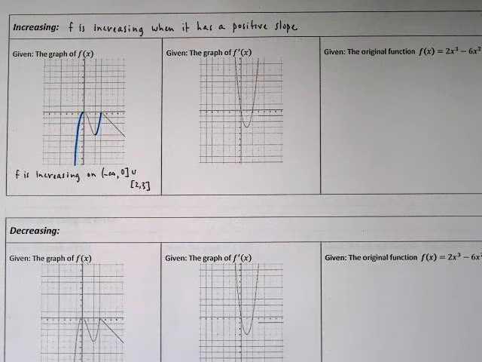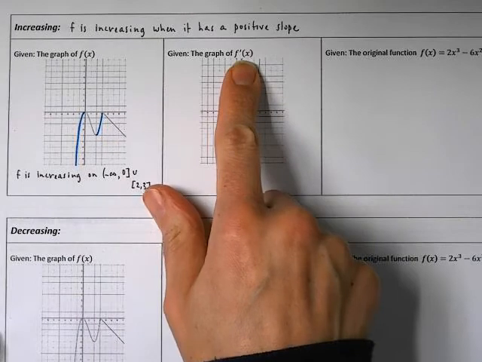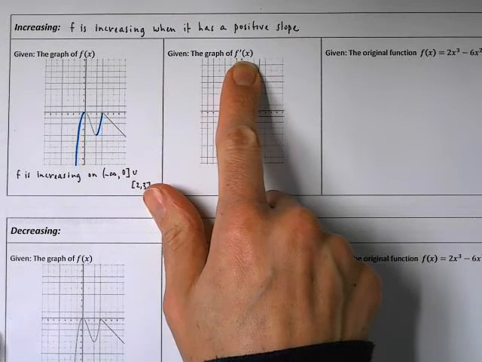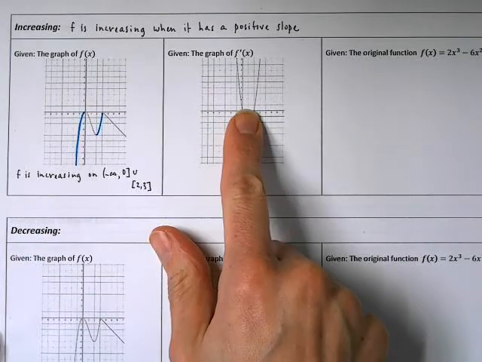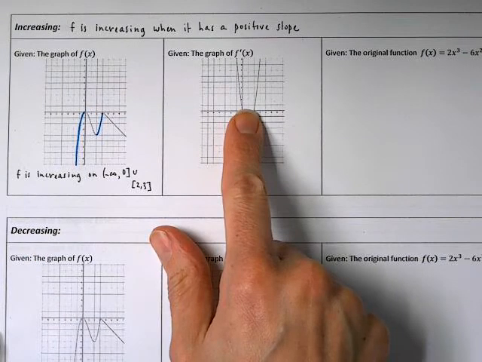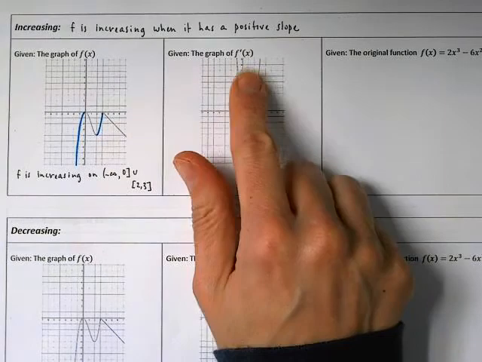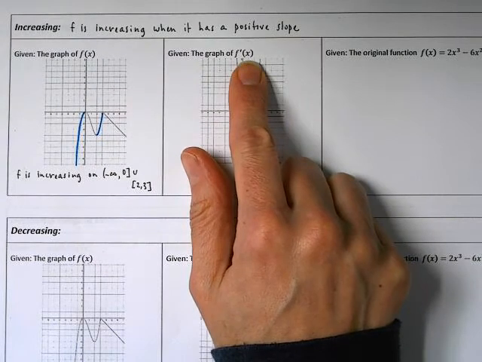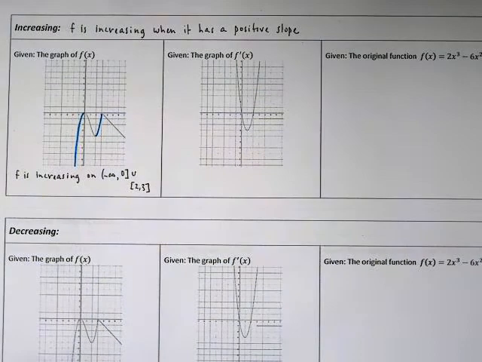Now, that's when we're looking at the graph of f. What you're going to see coming up in this chapter is that a lot of times we're going to be given the graph of f prime, and we're going to be asked questions about f. So we'll be using the graph of f prime to analyze our original function f. So I have to know what I'm looking for if I'm given the graph of f prime. So here's what I want to point out. When we talk about f having a positive slope,